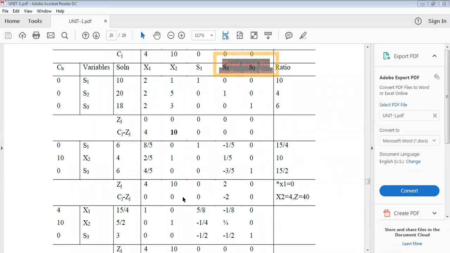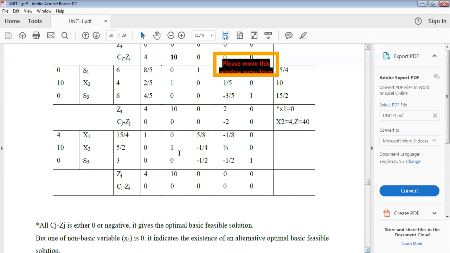So these are the 0 values, either zeros or negative values, but you are not getting any positive values. So this is Cj minus Zj. It is a minus 2 value,